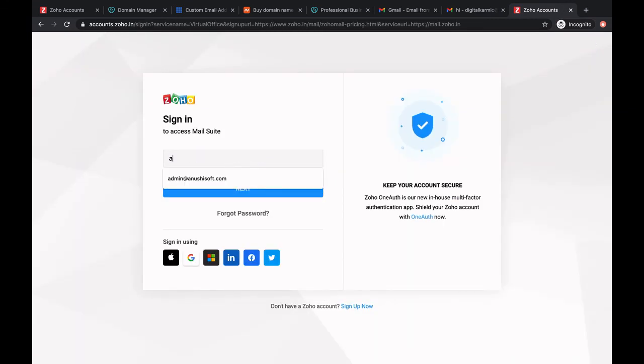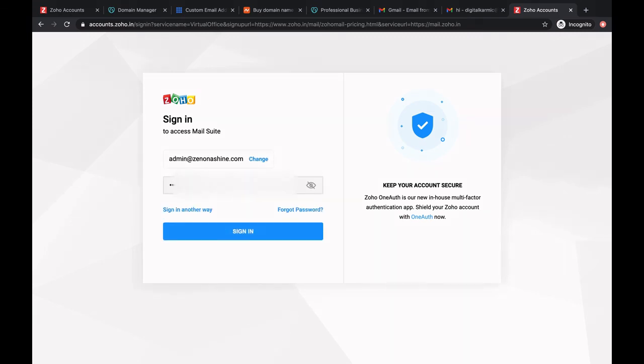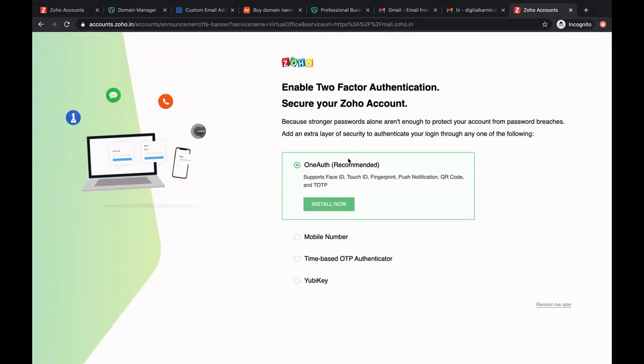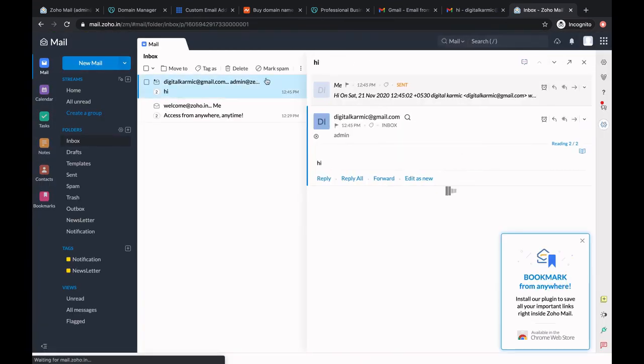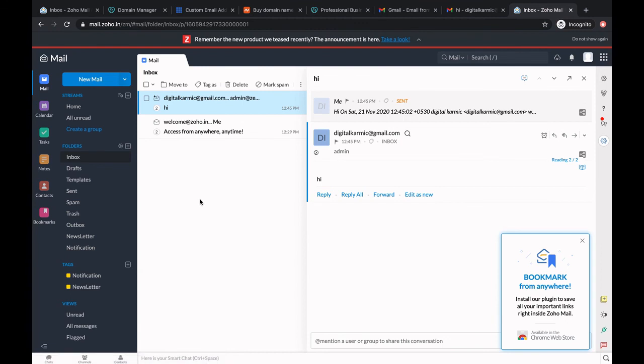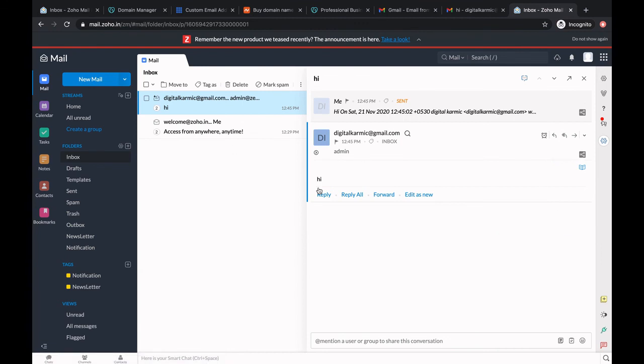It'll ask you to enter your email, which will be this, and whatever password you set up last time. It'll ask you to do double authentication, which is good for you, but right now I'm just going to skip it. So now you are able to log into the screen again, and your account is set up. All you have to do now is make use of your own domain email ID to send out emails.